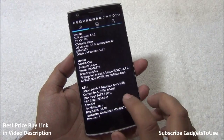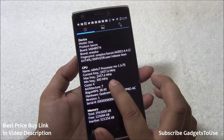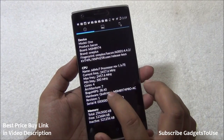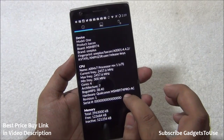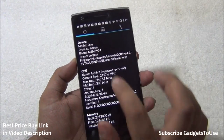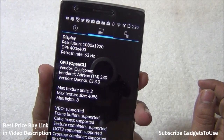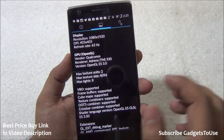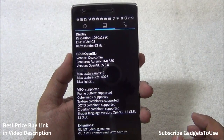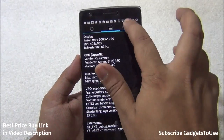We have ARM V7 processor on this device. The model number is 1 over there, and we have 2.5 GHz processor, which is a quad-core processor. It is Qualcomm MSM 8974 Pro AC, that is Snapdragon 801. Taking a look over the display, we can see that the display resolution is 1080 into 1920, and the refresh rate is 63 Hz. When it comes to GPU, we have Adreno 330 as the GPU on this phone,